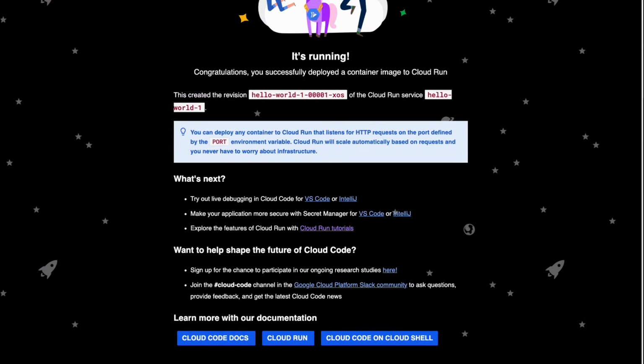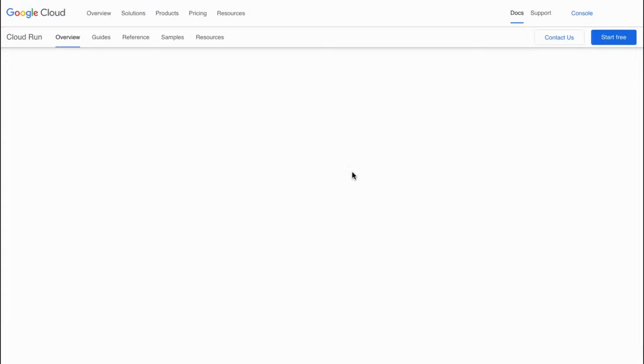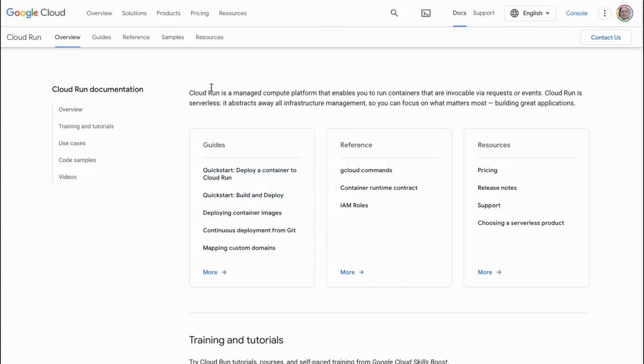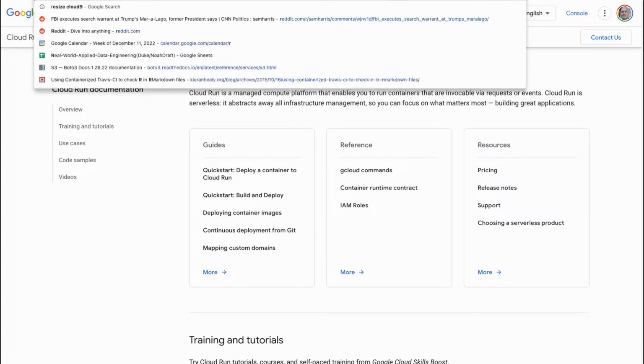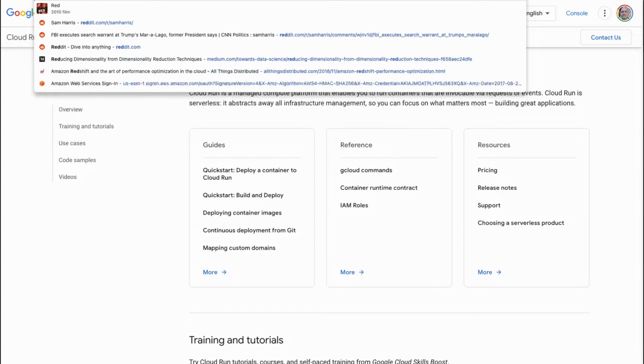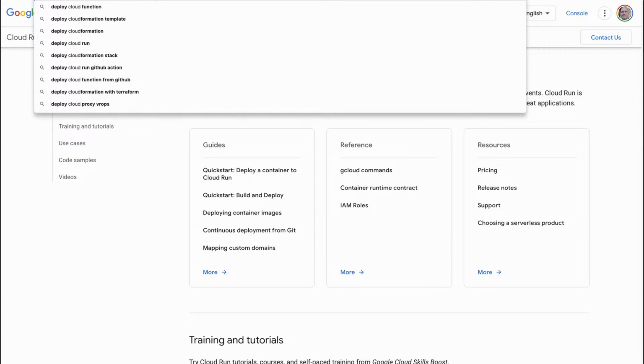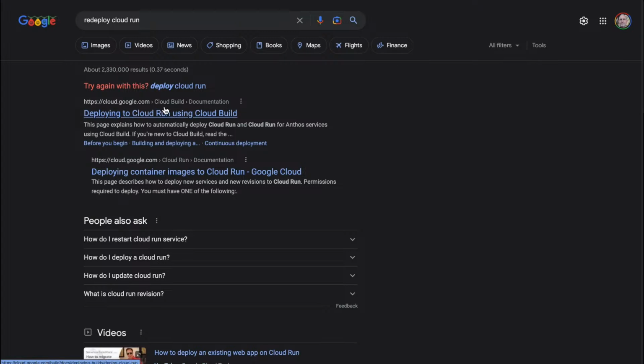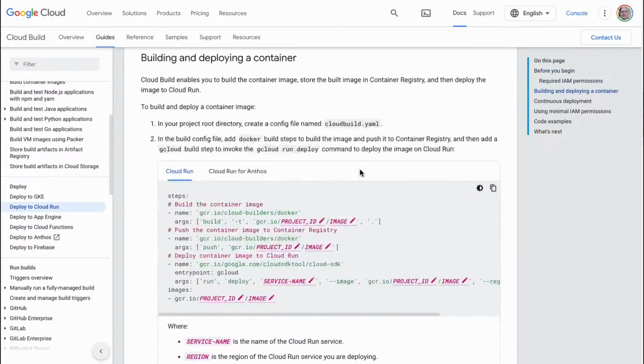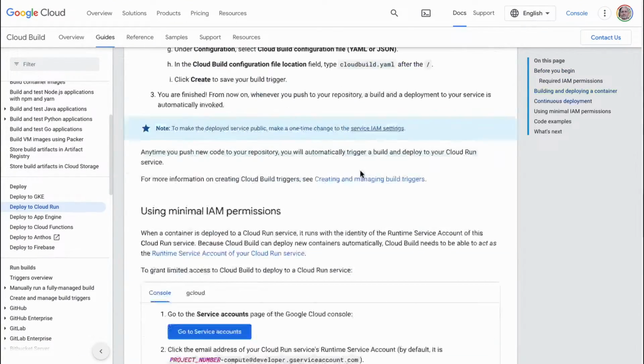Let me Google the docs here. So you can deploy to Cloud Run. I believe the redeploy should be simple. Wait, redeploy Cloud Run should be easy. Cloud Build.